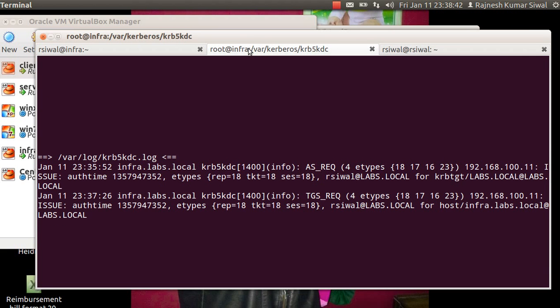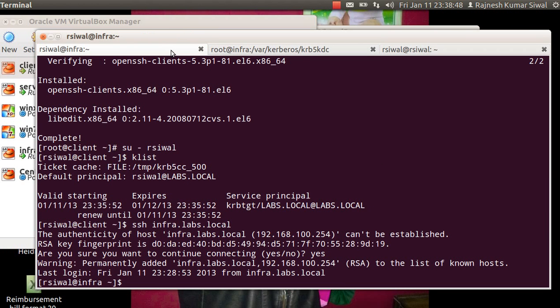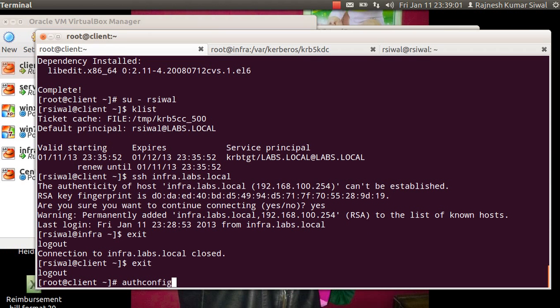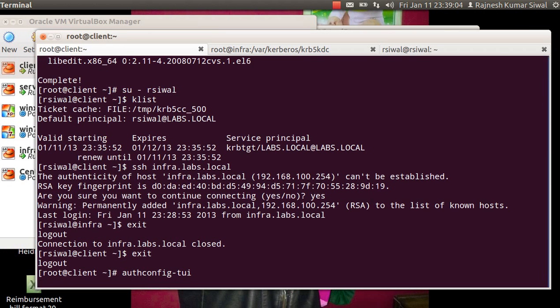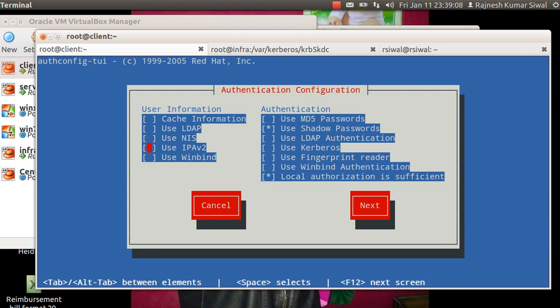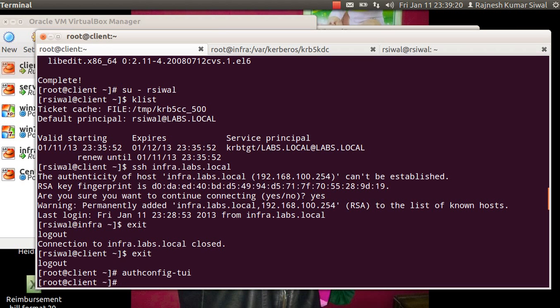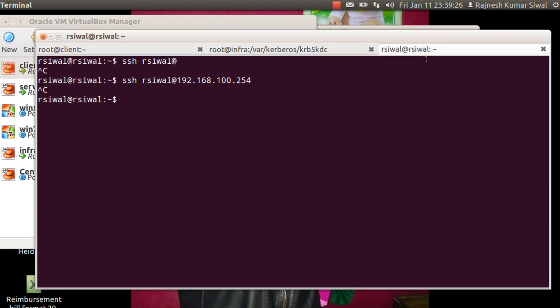Okay, this is how Kerberos authentication works. Let me know if there are still any concerns. Okay, let me tell you one more thing. In case you want this client server to authenticate against Kerberos, I'll have to use authconfig-tui. User information can be from any database, but the user should be present, and authentication will use Kerberos. Labs.local KDC realm is fine. Click on OK. Okay. Now, if I try to log in to this client machine